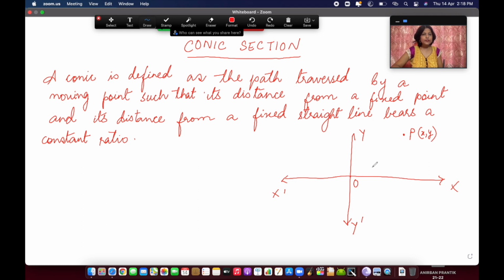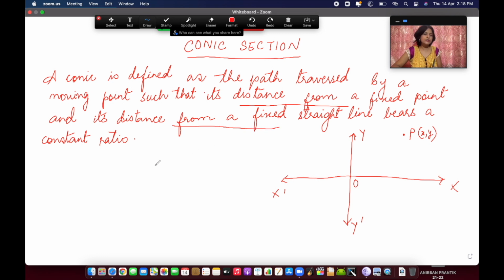So now if the locus of this point is such that it follows certain conditions. Now what are the conditions to be followed in case of conic section? If you read, it is said its distance from a fixed point and its distance from a fixed straight line